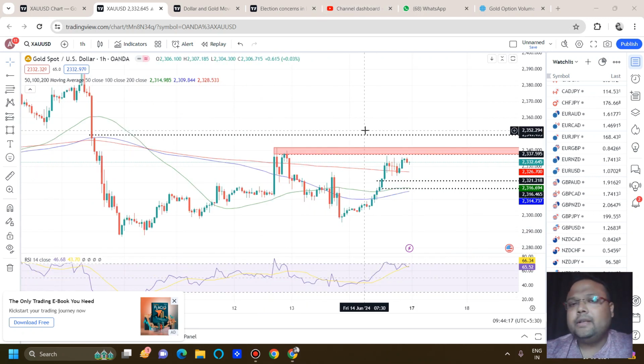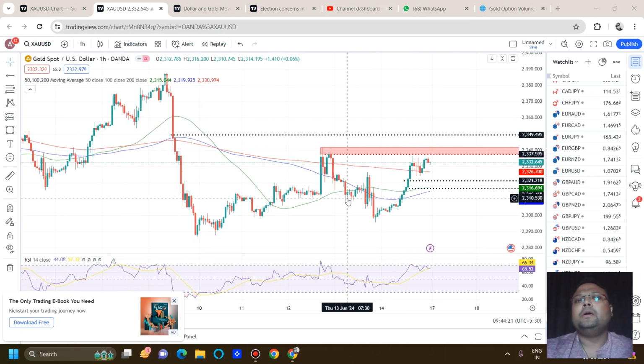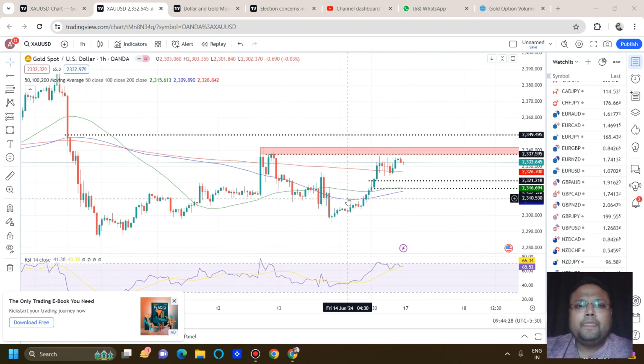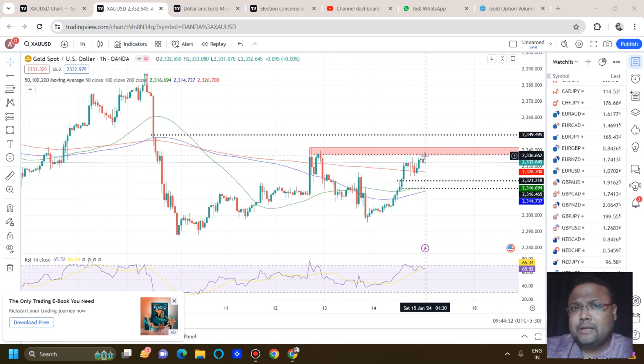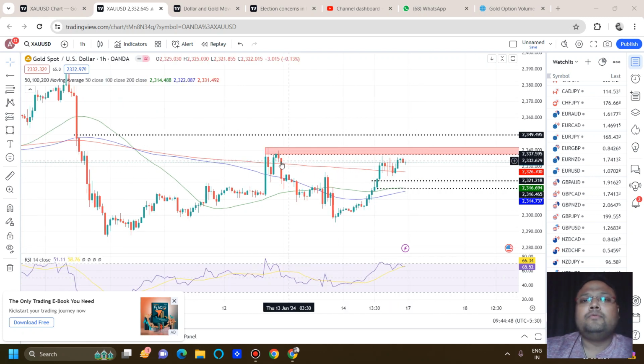But personally, I feel that we still have a good room for upside. Maybe the market may head towards 2400. Already, I have a buy at 2297 that I'm holding as a positional trade, because I feel that we still have room for upside. Maybe in the coming week or coming months, the market may show a big drop, where the market may go for a proper correction or retracement. The market may come to 2200, 2100. Nobody knows. But personally, I feel that at this moment we have room for upside on the chart of gold,